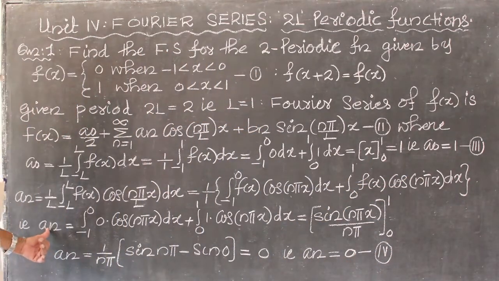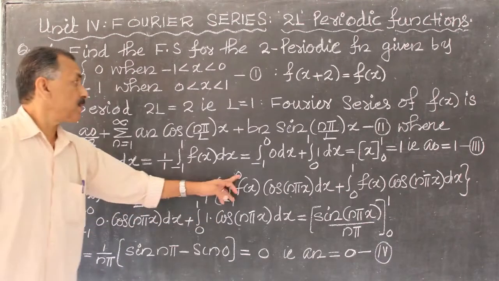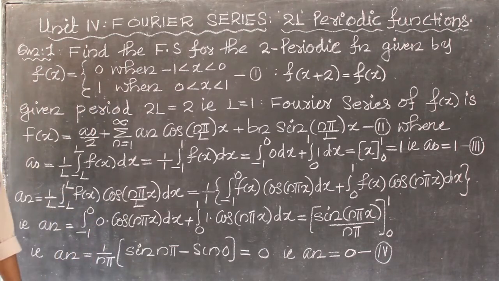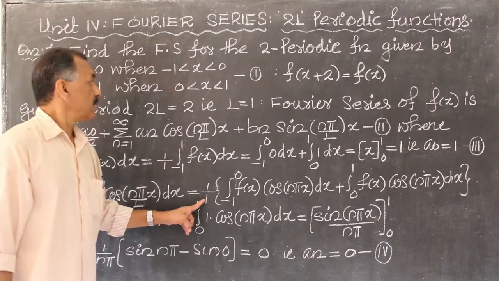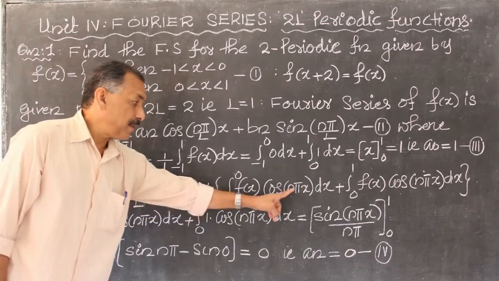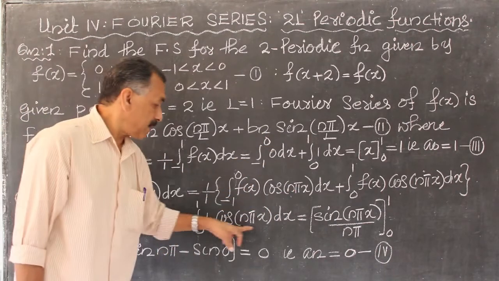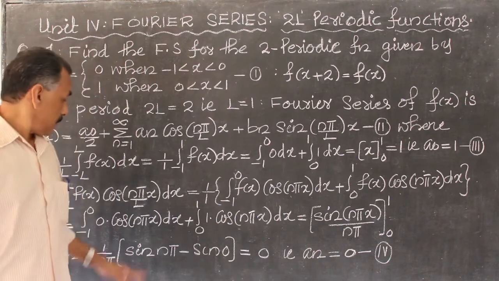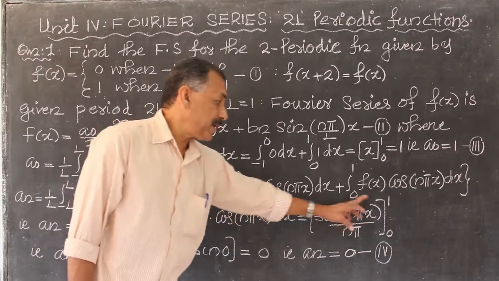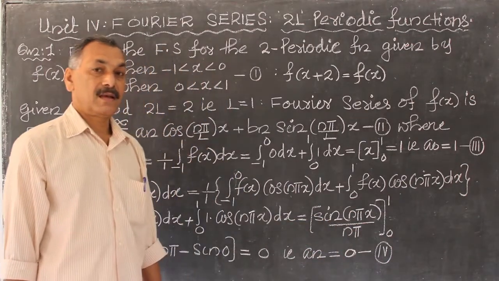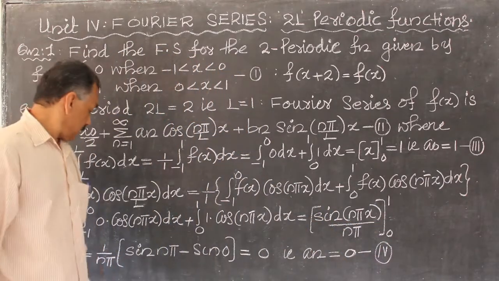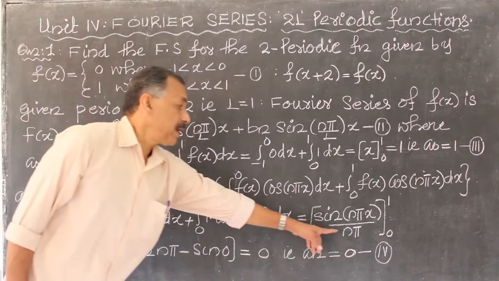That is an is equal to integral -1 to 0. In this interval -1 to 0, what is f of x? f of x is equal to 0. 0 into cos n pi x dx plus integral 0 to 1. In this interval, what is f of x? f of x is equal to 1. 1 into cos n pi x dx. The first integral takes 0. The integral of cos n pi x is sin n pi x divided by n pi, between the limits 0 to 1. That is an is equal to 1 by n pi into